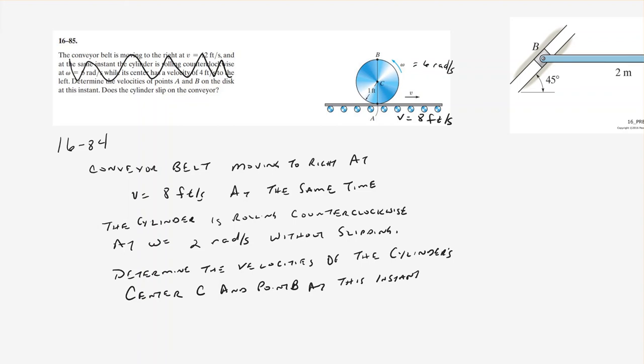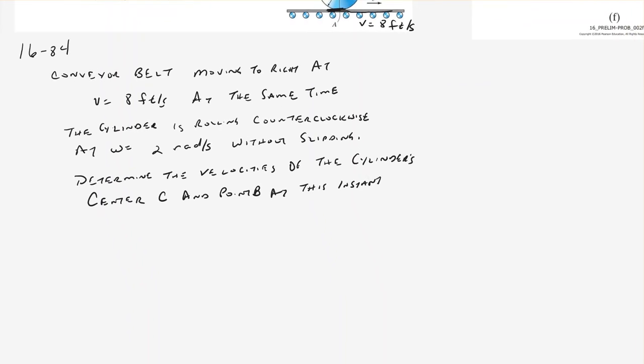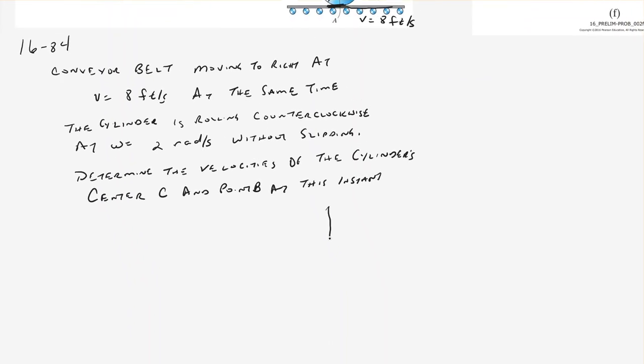Alrighty, so we've got this conveyor belt that's moving to the right. The cylinder is rotating counterclockwise, so it's going like this. But as it rolls, it's not slipping. Okay, so if it's not slipping right here, it's all going to travel like this. So what we've got is that case where things are parallel. So we've got the conveyor belt going 8 feet per second. Okay, V sub C, V sub B,